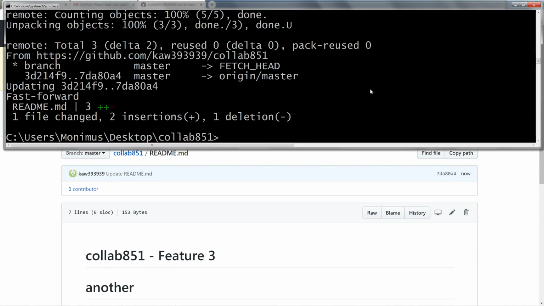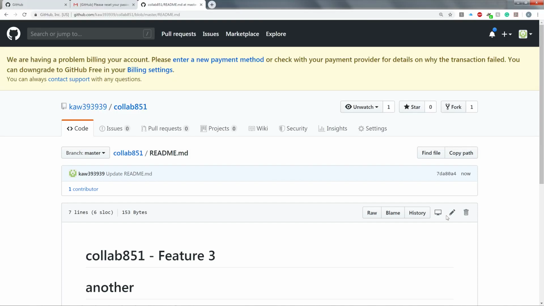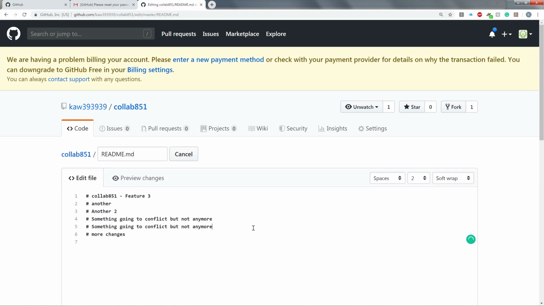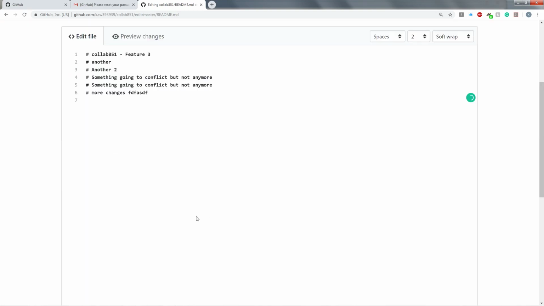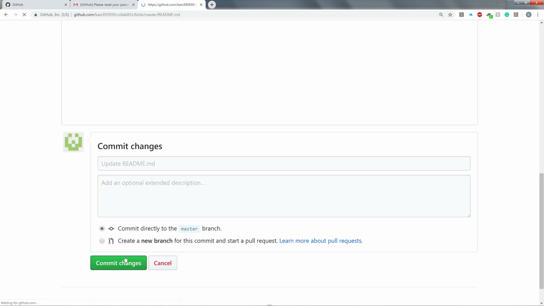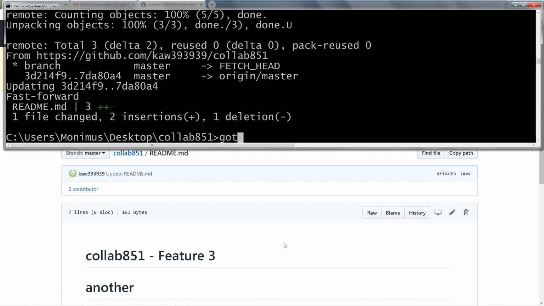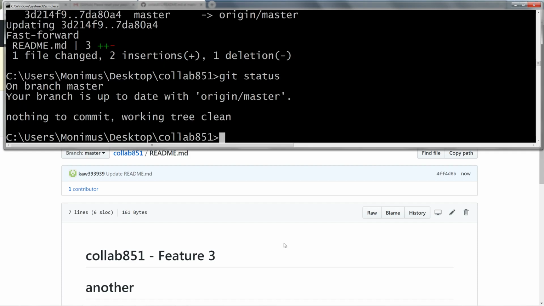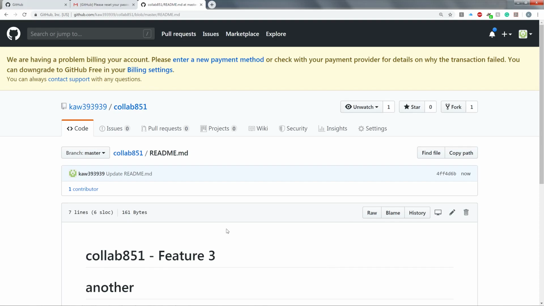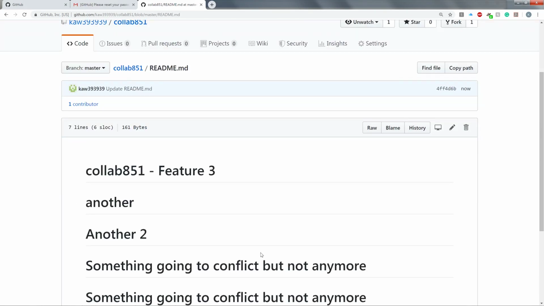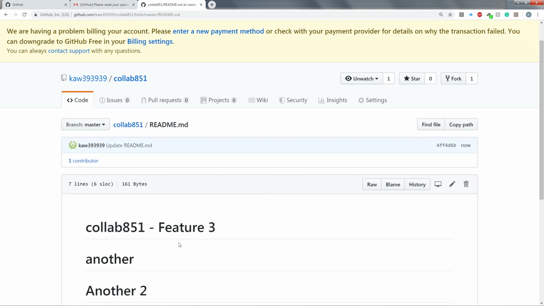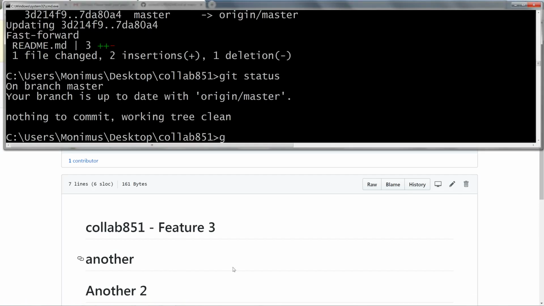And what this is going to do is go out to GitHub and make a change. Now I'm going to do another change to show you something. So I'm going to do another change here and save it. And let's do a git status just to check this out. Git, it didn't pick up the change. And I'll skip this for right now, but let me just do another git